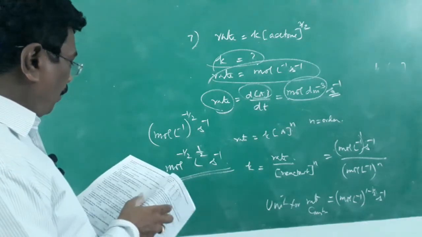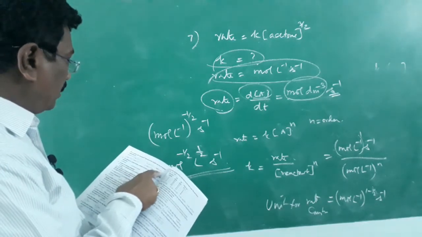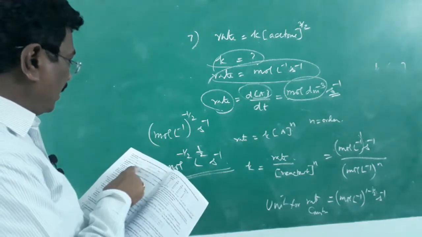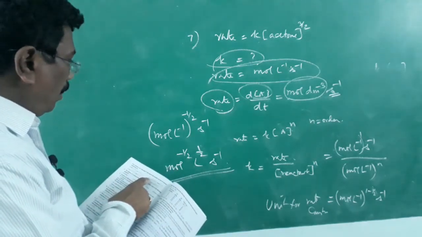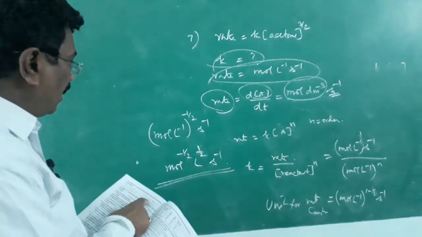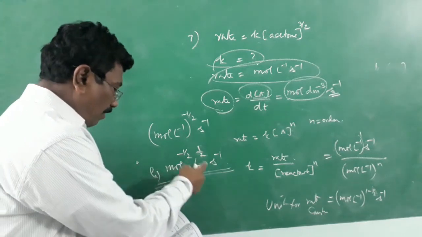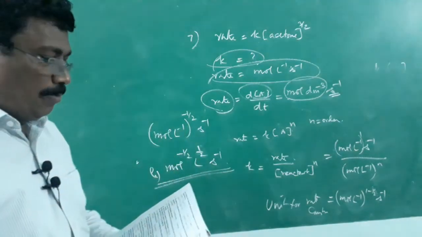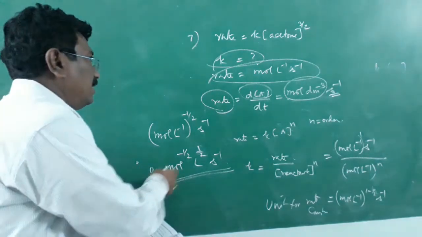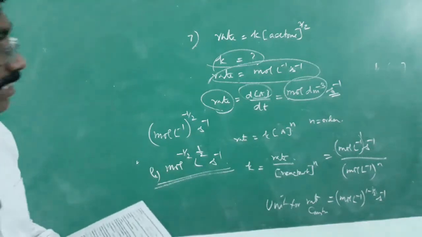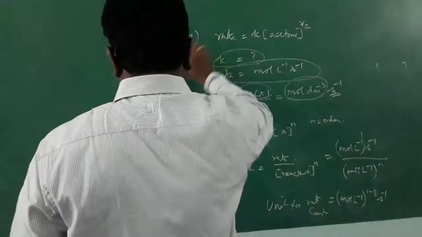So always mole per liter per second for rate. Rate is given in the second one. Mole per liter per second is found only in options B and C. Among them, we are finding mole to the power minus half, liter to the power half per second in option B. So option B is the correct one. All right, so that is about rate, unit for rate constant, and the rate for a reaction where order is 3 by 2. As per this equation, they have given order as 3 by 2. The next question.